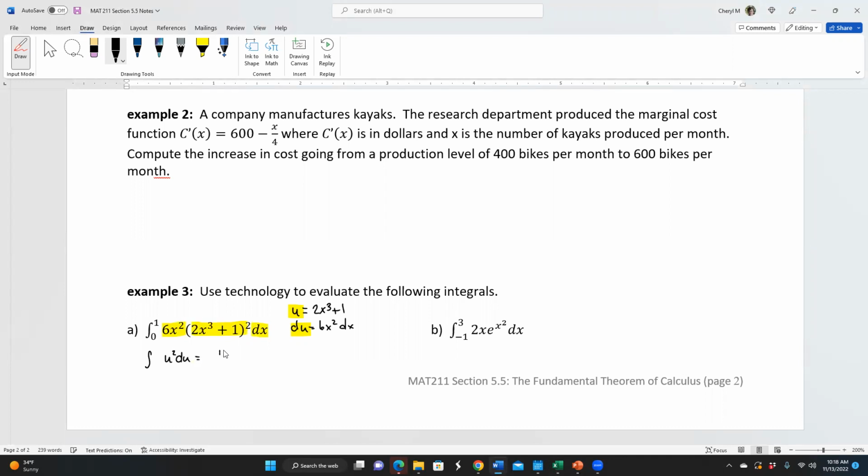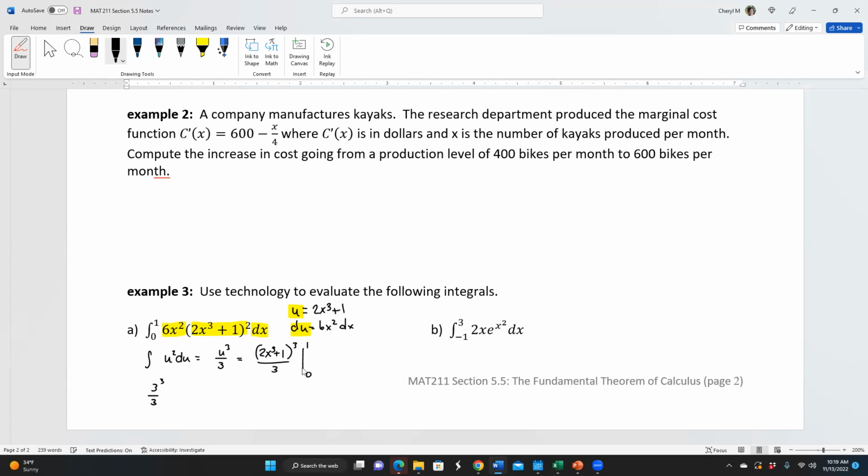Integrating that, we would get u cubed over 3, and then we would integrate it on those bounds. But let's resubstitute our u back in here. So this is really (2x cubed plus 1) to the third power divided by 3. Now we want to integrate that from 0 to 1. So if we look at that at 1, we would substitute a 1 in here. If we substituted in a 1, we'd have 2 plus 1, or 3 cubed,